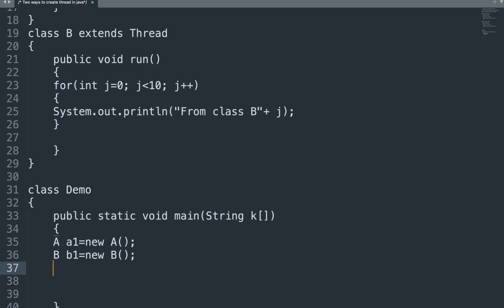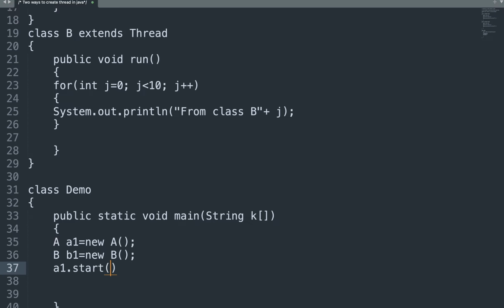Now what we want to do is place these two threads in the runnable state, the waiting queue, from where the CPU dispatcher is going to select a thread and assign it to the CPU. For doing this task we are going to call the start method.